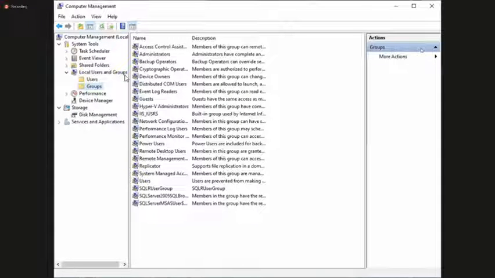The home version does not have this; I think only the professional version has it. In the home version you get only the graphical page from the control panel just to create users. You don't get the local users and groups tool.